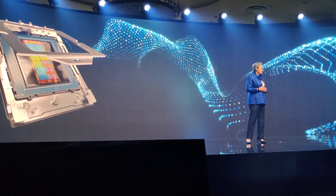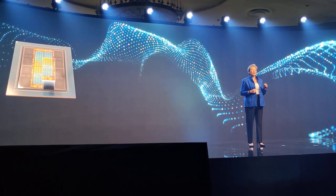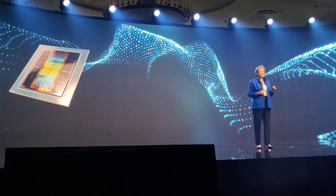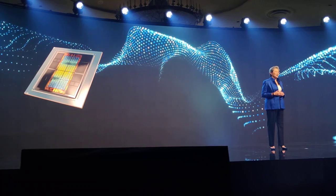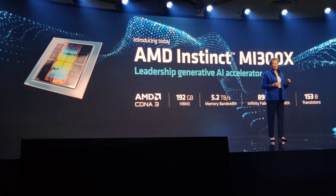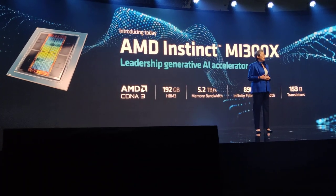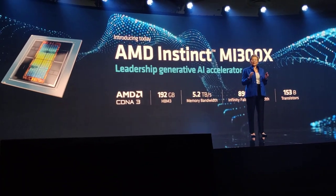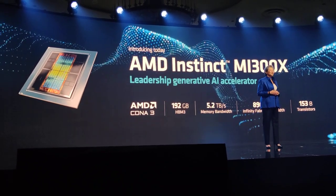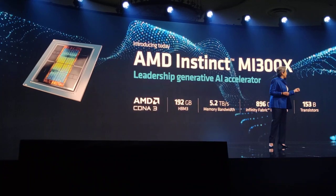So in addition to the MI300A product, with our triplet construction, we can actually replace the 3 Zen 4 CPU chiplets with 2 additional CDNA 3 chiplets to create a GPU-only version of MI300, optimized for large language models and AI. We call this MI300X. Now, for MI300X, to address the larger memory requirements of large language models, we actually added an additional 64 gigabytes of HBM3 memory. So with that, Drew,